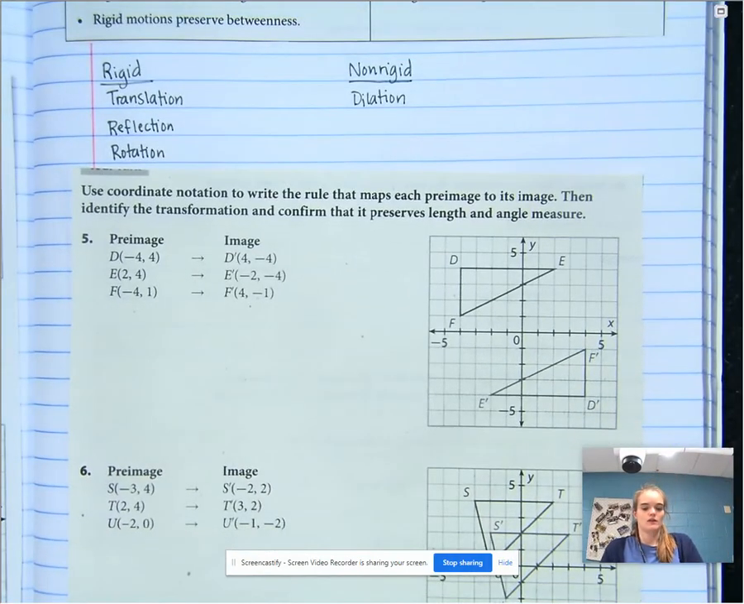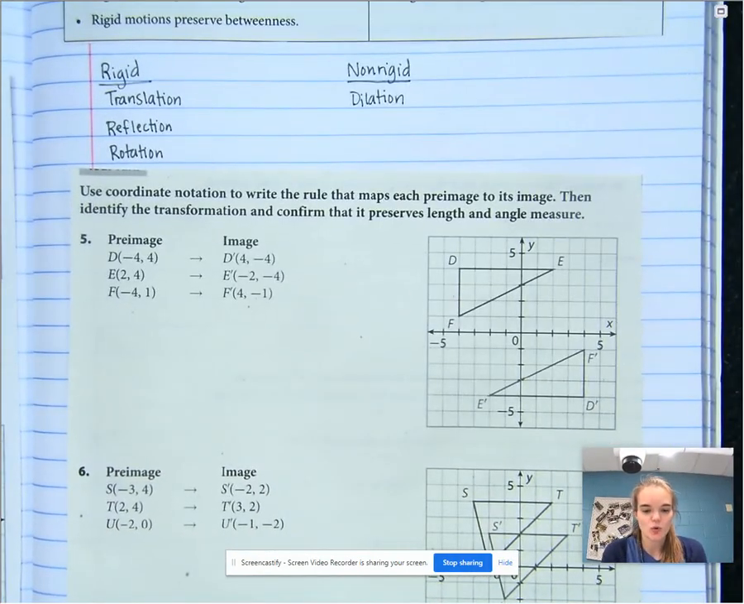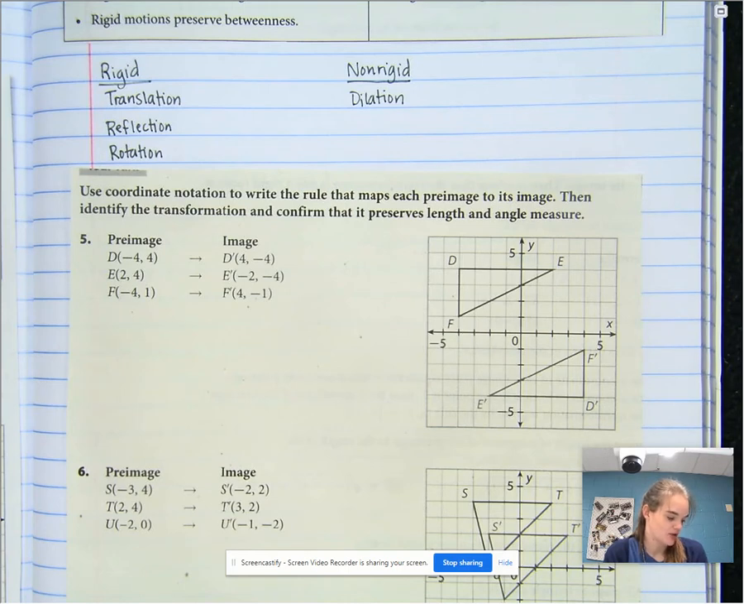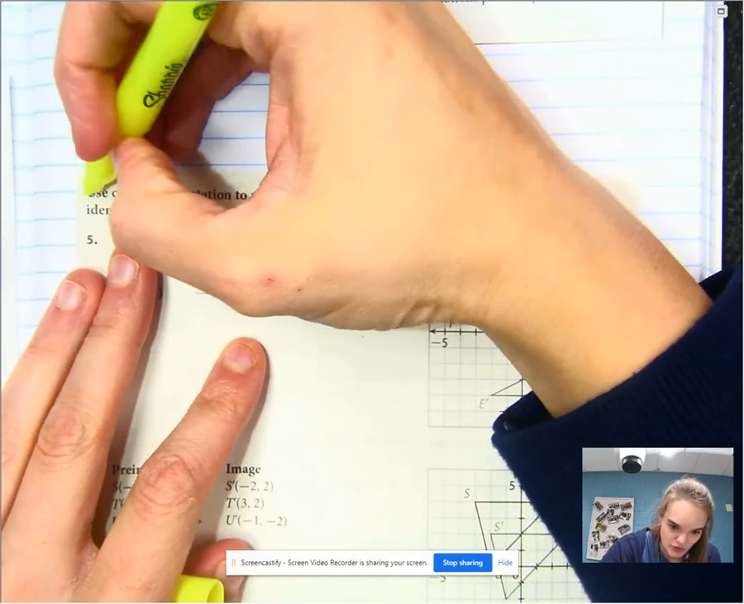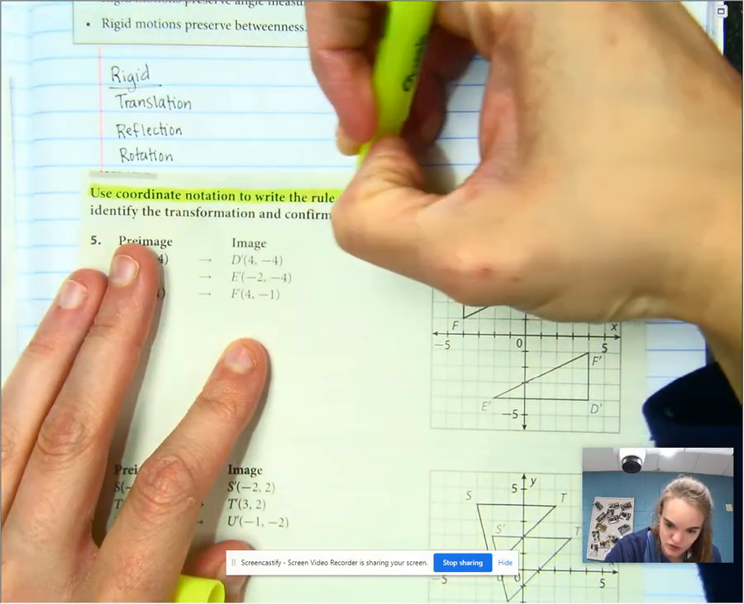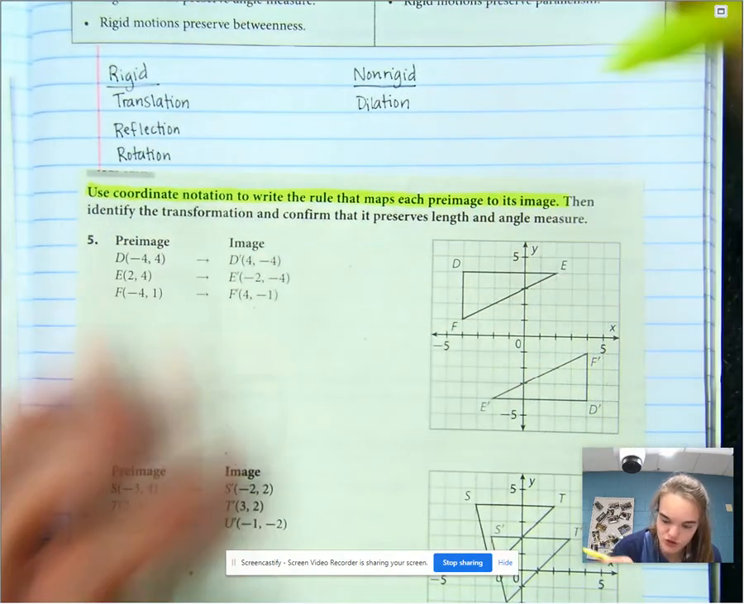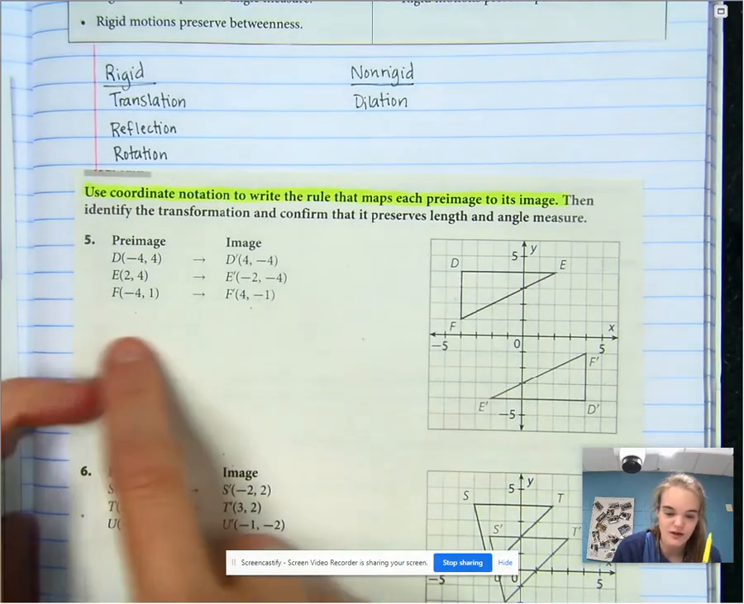Okay, 5 and 6 say use coordinate notation to write the rule that maps each preimage to its image, then identify the transformation and confirm that it preserves length and angle measure. Okay, just to make sure you understand exactly what each part of the instructions mean, we are going to highlight the instructions. First step, use coordinate notation to write the rule that maps each preimage to its image. We're going to do that right here, and I'm going to box in